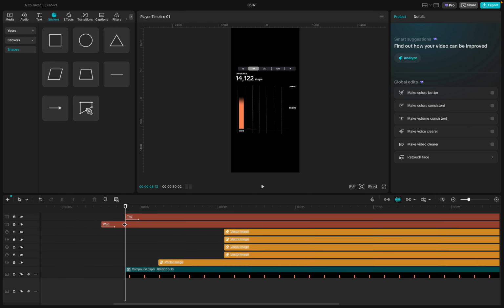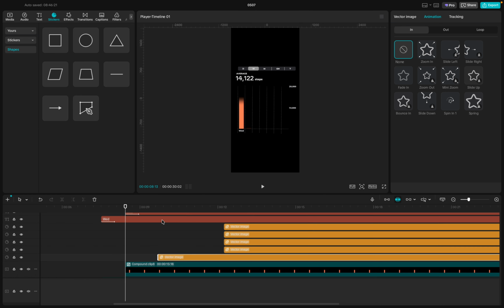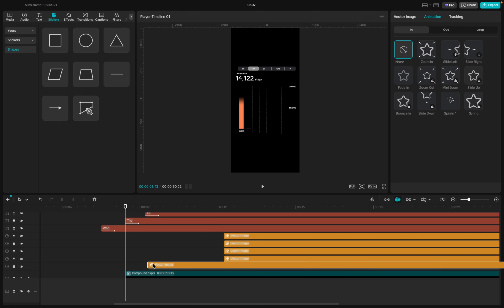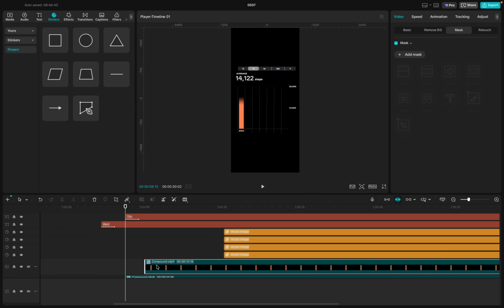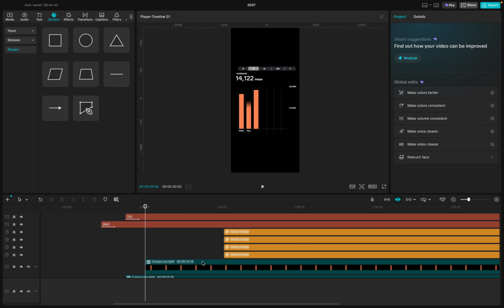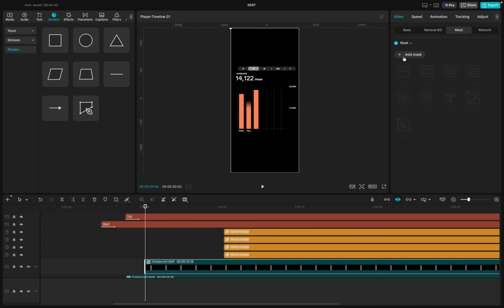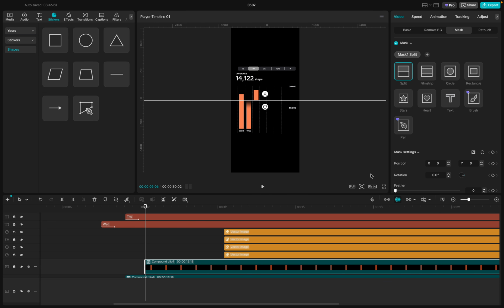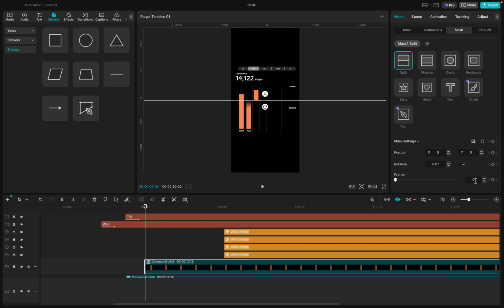And actually, you know what, I think, yeah, so these layers always started with these ones here. Option G, create that as a compound clip. Go here, add mask, split, feather 27, rotate that. Okay, now